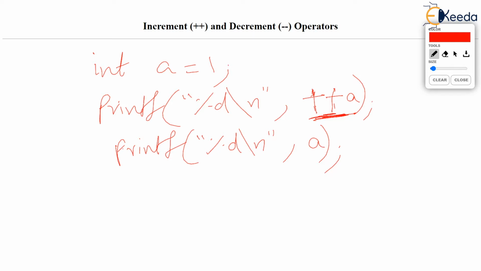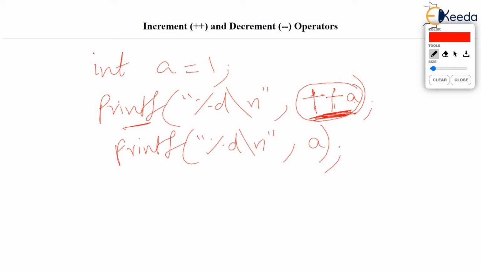It is a prefix operator. So printf cannot print this value before that, a should get increased by 1. Before that, this part should be solved, because plus plus is the prefix operator, and this plus plus has to be done before printing the value. So what will happen is a will become 2 because it will be increased by 1, and then printf will print the value.